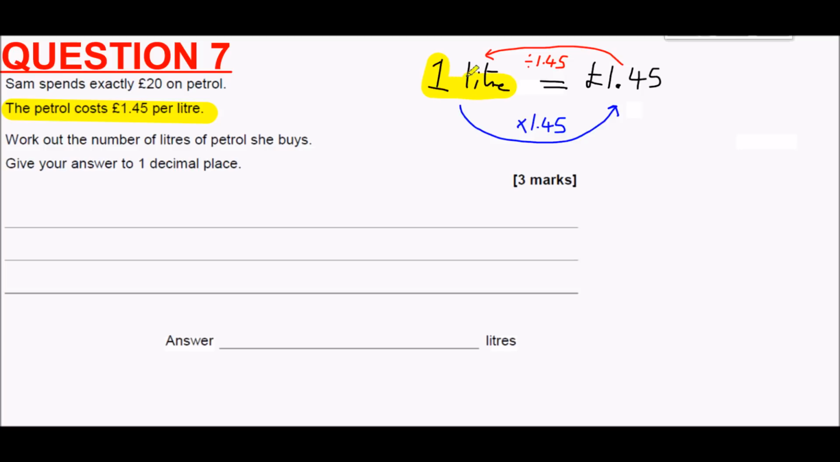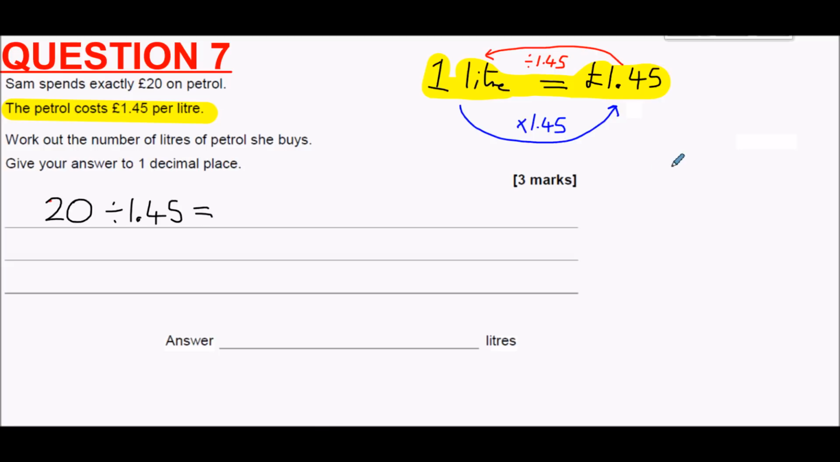So that's just using the fact that 1 litre is £1.45, which the question tells us. What we want to do is to work out the number of litres of petrol she buys. And we're told that she spends £20 on petrol. And so we're wanting to change from the amount of money she spends to how many litres that would be. So from pounds to the litres she'd buy, the conversion here is to divide by 1.45. And so we can do this by putting in 20 divided by 1.45